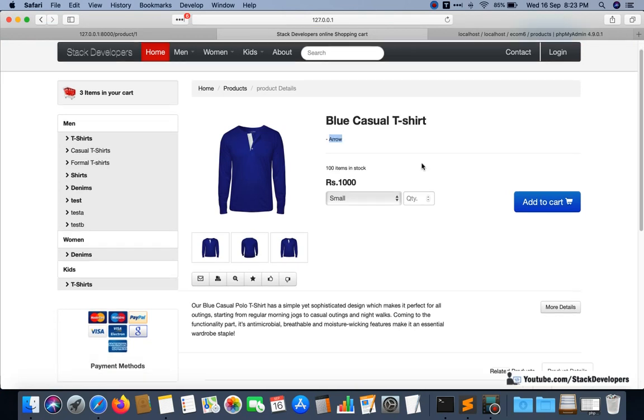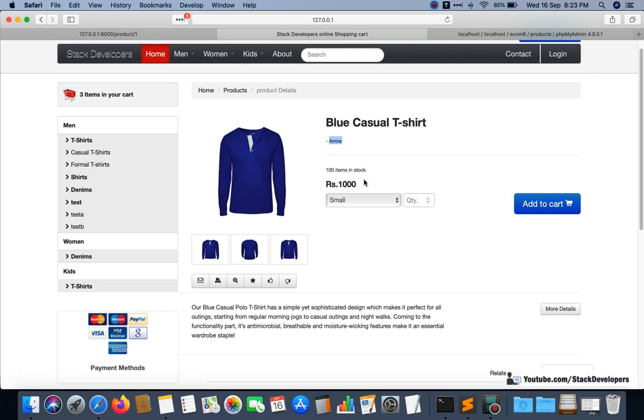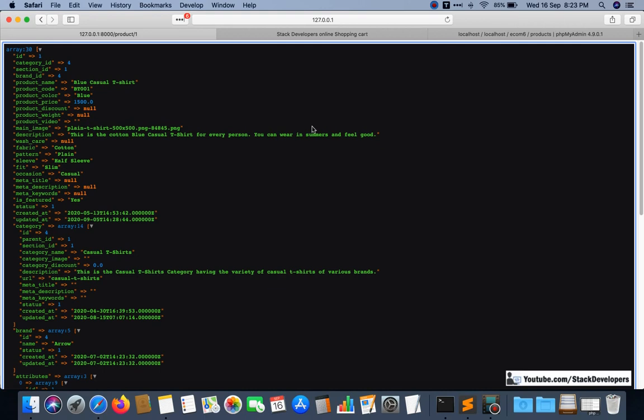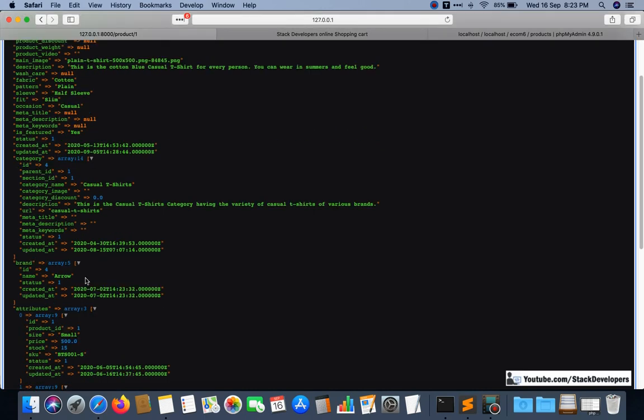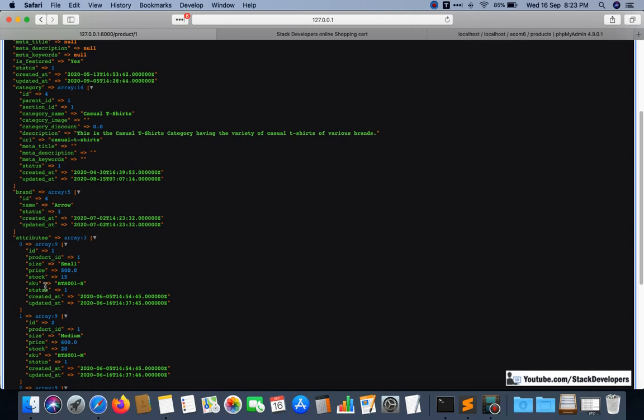Okay, so after this we are going to show stock also. We can show it, but not right now. We will first show all the information that we have here. Stock we are not having. For calculating the stock, we need to get the stock first from the attributes, and we need to calculate the stock from here.